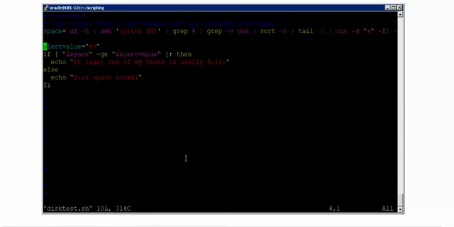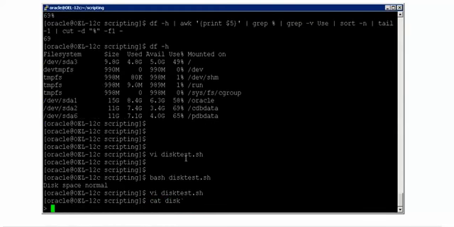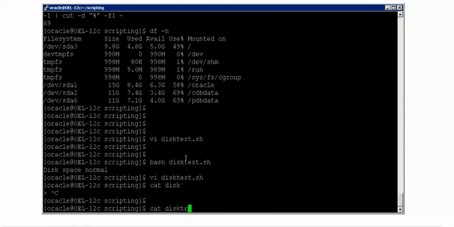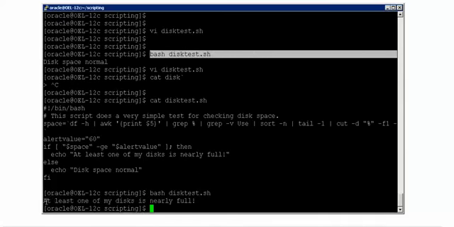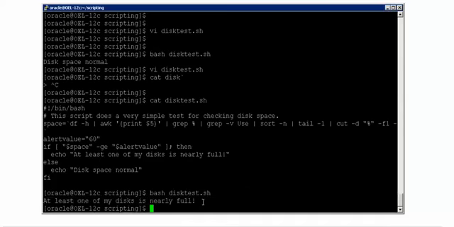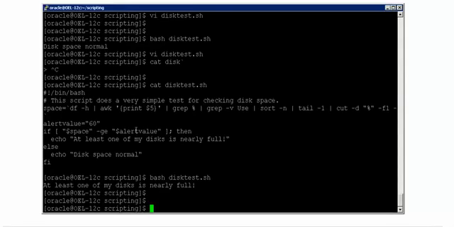And in here, if I say alert value is equal to 60. Now, oh my god, sorry, cat disk test. And now if I execute this, it should say that one of the disks is filling up. See, at least one of my disks is nearly full. That means it is crossing the 60% threshold that I have set. So this is a complex script that I wanted to show you, with multiple pipes, showing how I go and figure out the largest mount point on the file system.